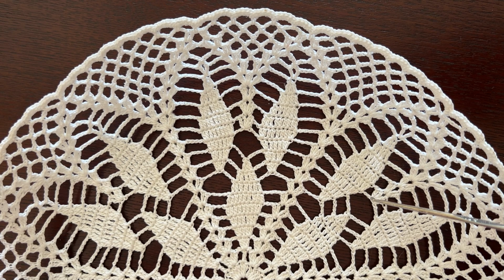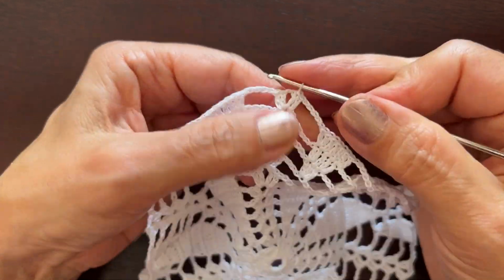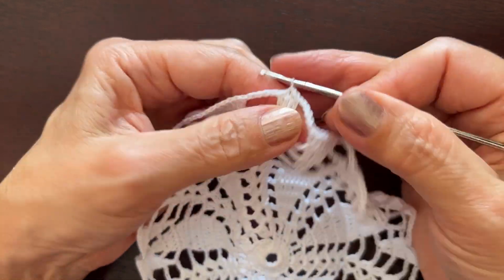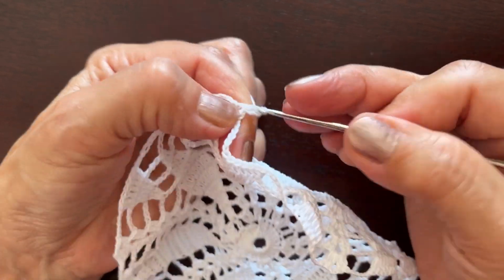In round 12, we'll start making shells between the 2 new petals. In each petal there will be 9 double crochet stitches, then chain 1, a shell, chain 1, 9 double crochets, and chain 5. A usual beginning, 2 slip stitches, a shell in a shell,